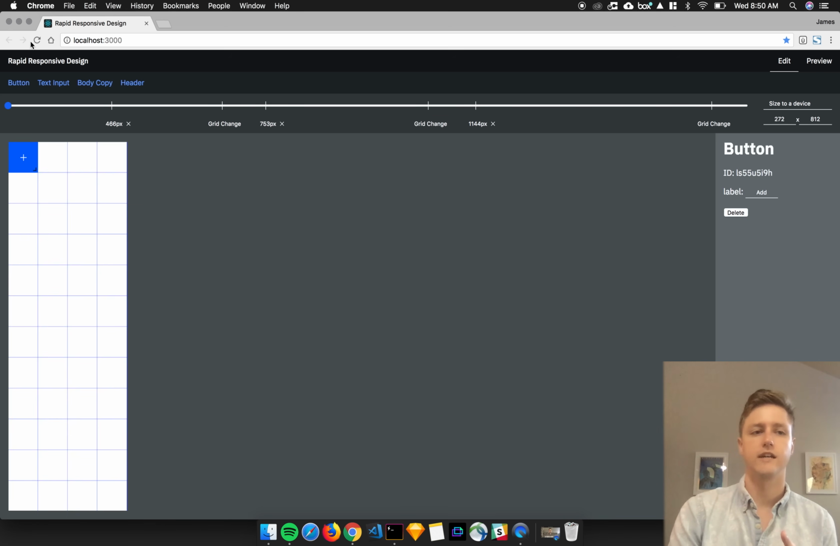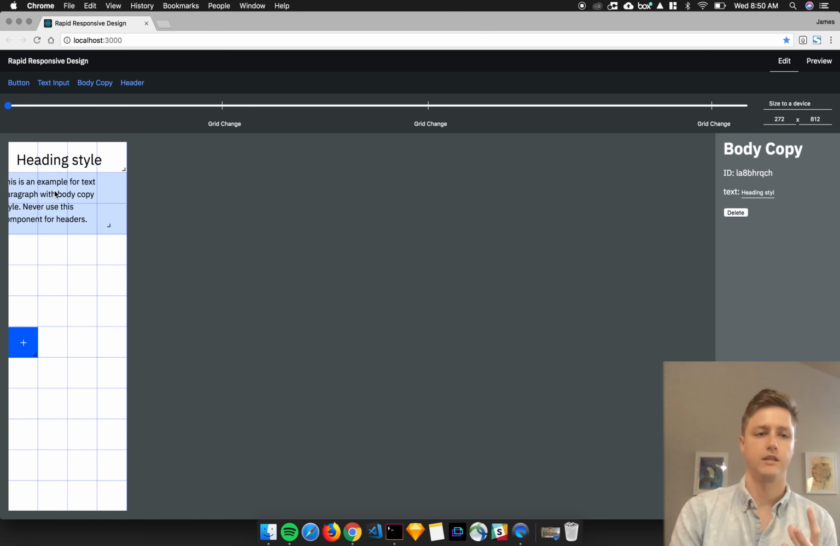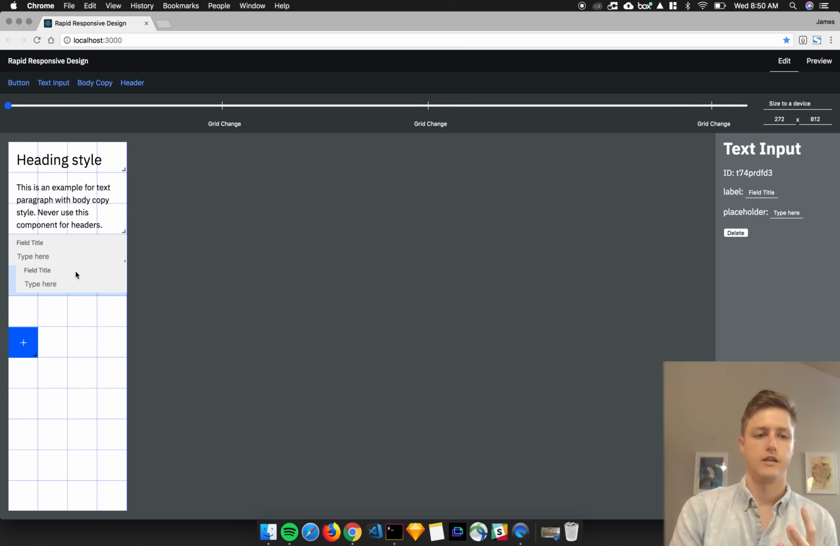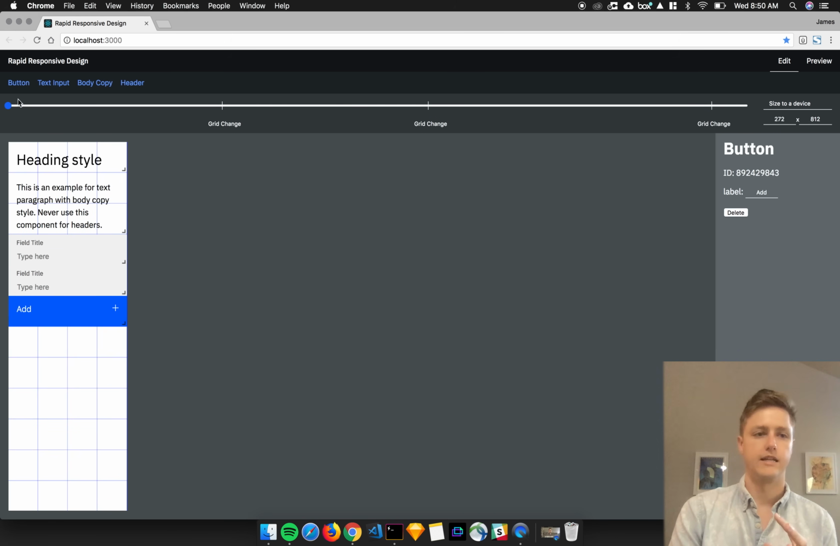So next, let's just go ahead and look at what this looks like when we start making a whole screen layout. So I'm going to add a header, some body copy, a couple of text inputs, and then I actually want the button to be full width on mobile. And as I get bigger,